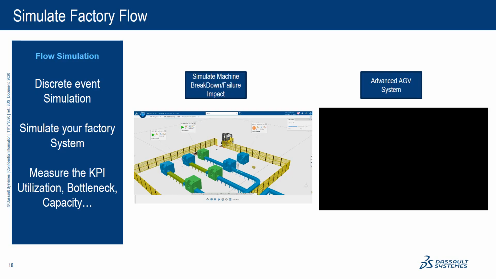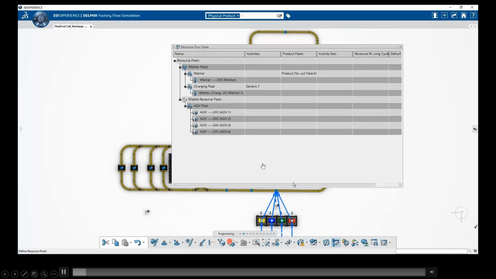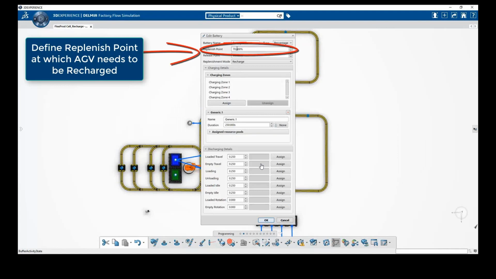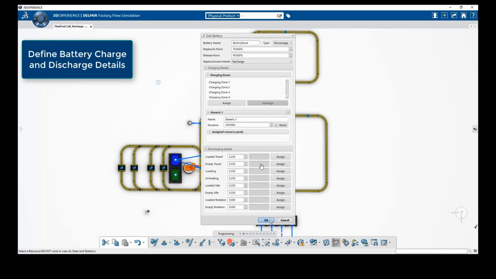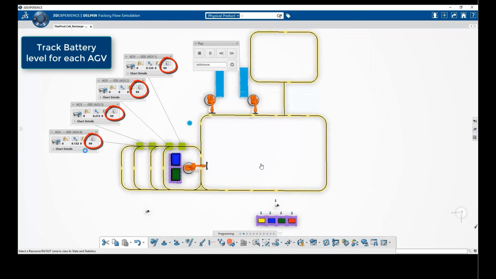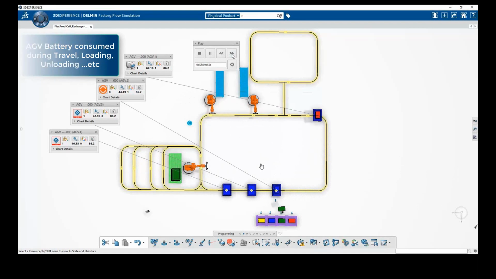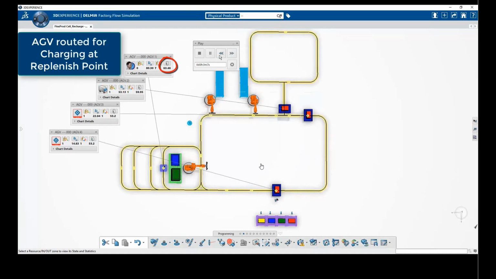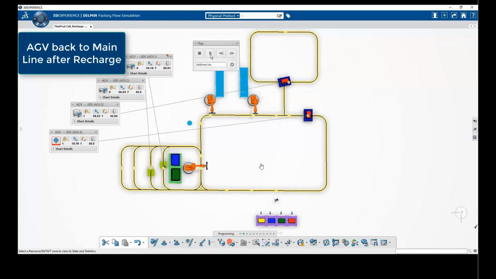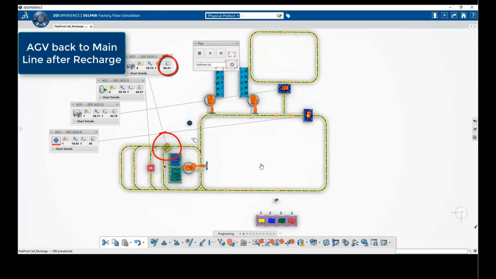You might discover while you are simulating that 3 AGVs will do the job, but at some point, some of the AGVs don't have battery anymore. They need to recharge, so they are not available to perform the activities. So that's where you will discover that you need to implement 4 instead of 3. That's the kind of simulation and validation you can perform. And again, it's done virtually before the implementation in the real world. You do not want to discover this kind of issue on the shop floor when everything is implemented.